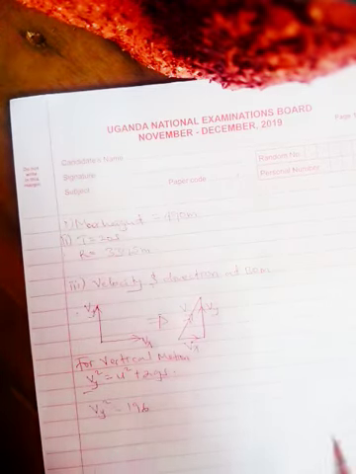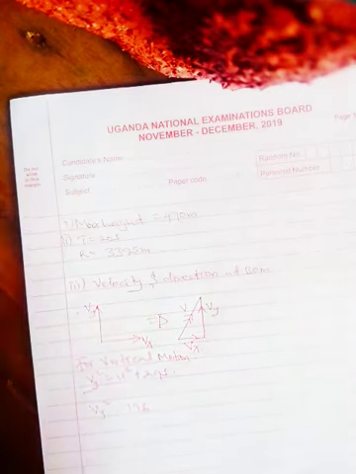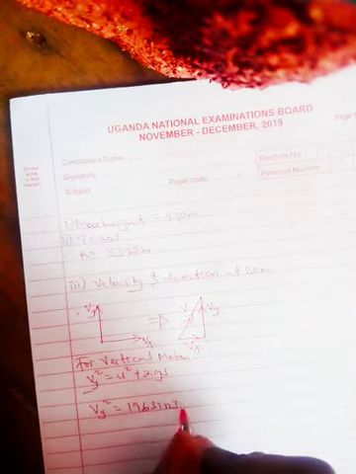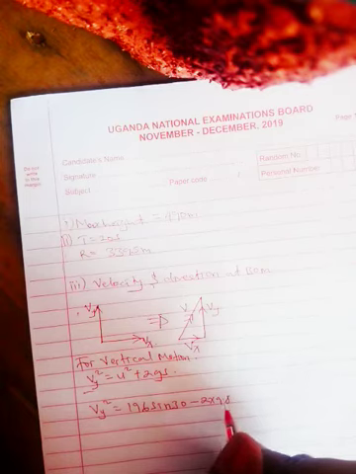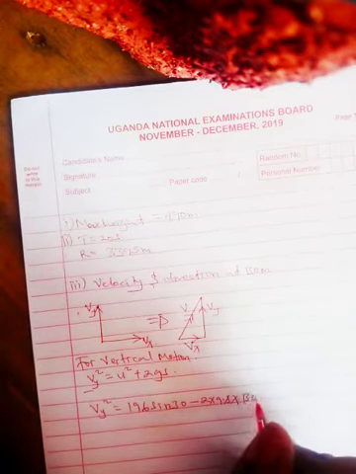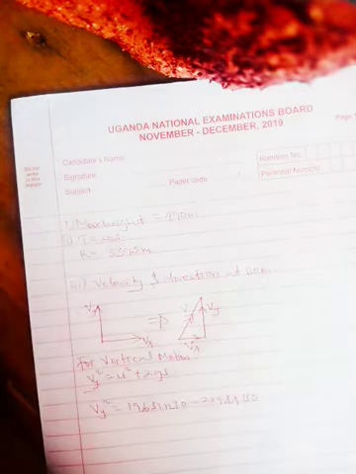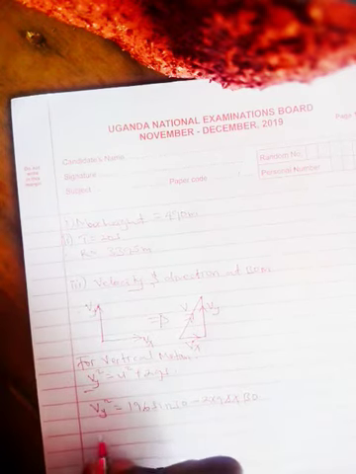Remember, we had 196 as the initial velocity, our velocity of projection. So, sine 30, which is the angle of projection, minus 2 times 9.8. 9.8 is always constant, times 130, the height which was given in the question. So, you place your calculator very well. We shall get V squared equaling to